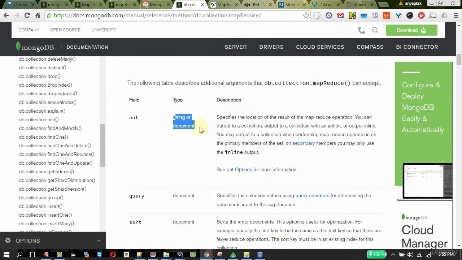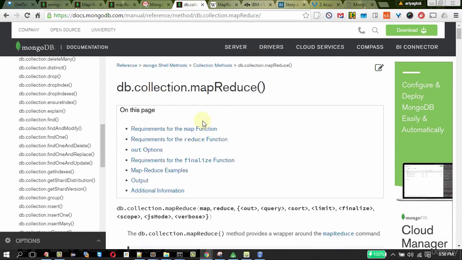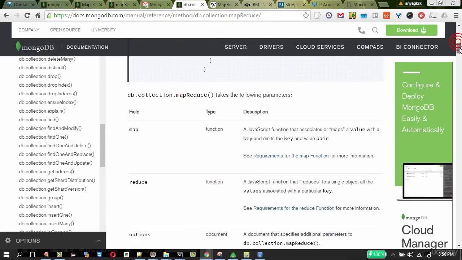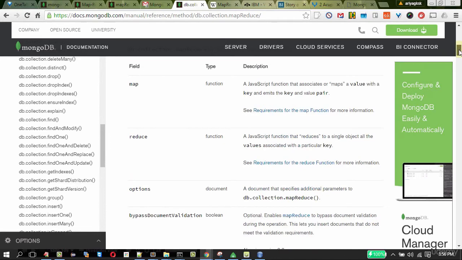It's a string or document, specifying the location of the result of the MapReduce operation. You can output to a collection, output to a collection with an action, or output inline. So we have three different options. Currently we'll be outputting to a collection. So the first step is to create a map function, the second step is to create a reduce function, and the third step is to have an out where the results will be saved.